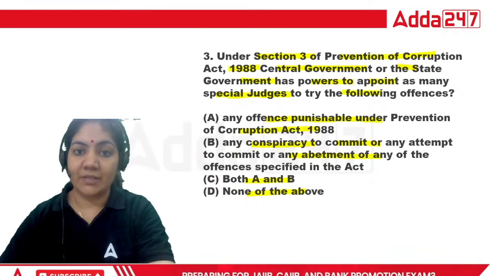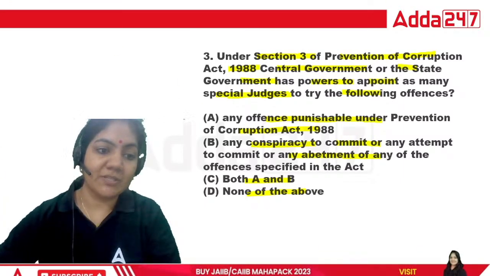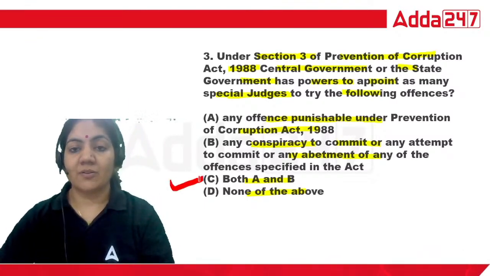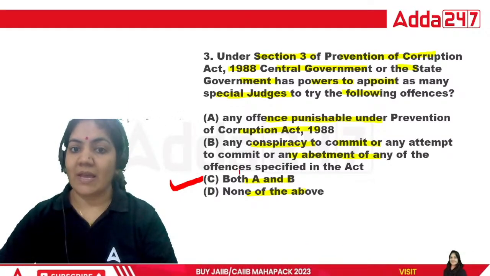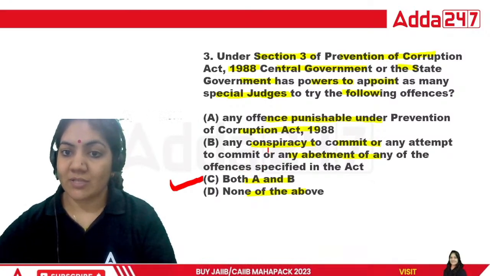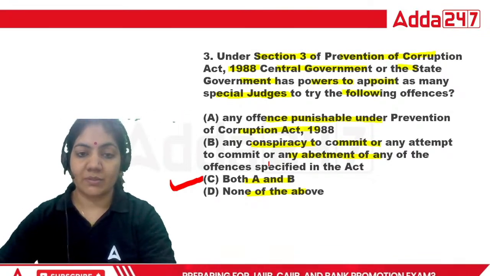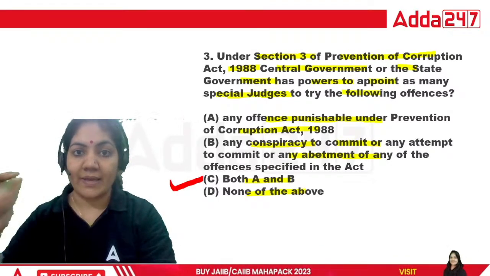So for the third question, the right answer is that the special judge can see any offense punishable under the Prevention of Corruption Act, any conspiracy to commit or any attempt to commit, this one and this one. So that's why for this question all of the points are exact ones. So for the third one, C is the right answer. And I have already told you,